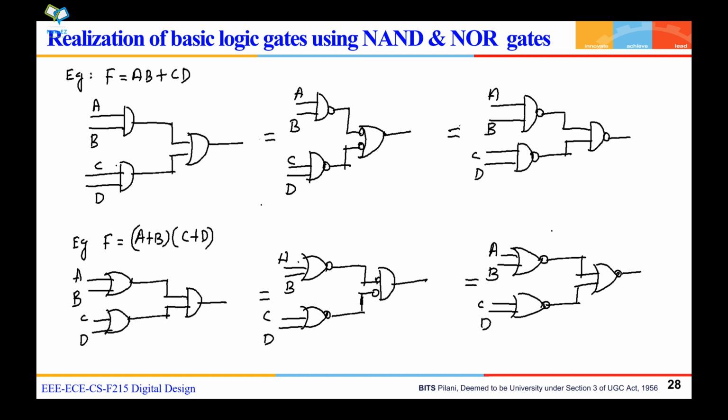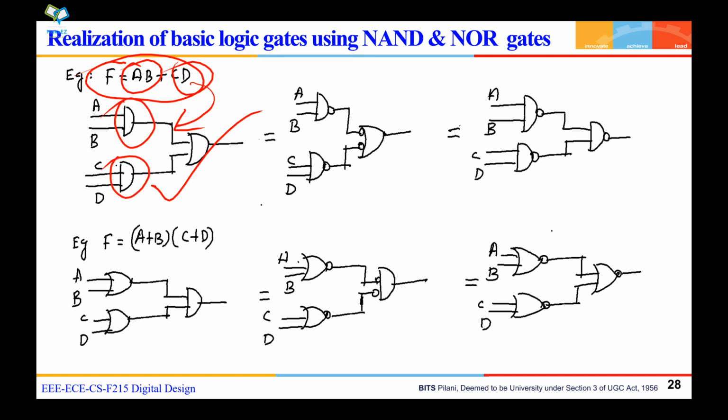Okay, now in this example you have an expression f is equal to ab plus cd, that is a 4 variable Boolean function. If you want to use basic gates, this looks like this, yes or no? Here you have an AND operation, here you have an AND operation, and OR of these two. This realization is very easy to implement. Now can you implement this using only NAND gates? You can implement this using NAND gates, yes or no, right? So try to implement this using NAND gates. You know how to do that.